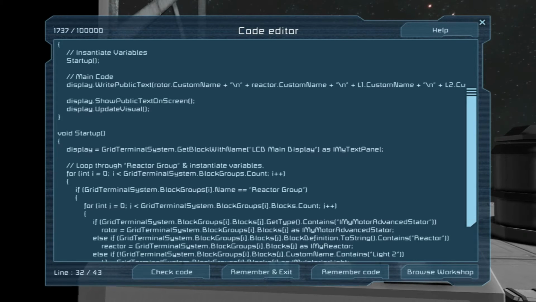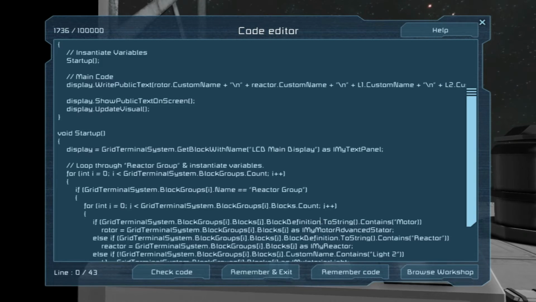Alright, so not doing that. Let's back that up. What about if we just do motor? I wonder if it's the advanced rotor stator thing that I messed up. New line in constant. What? What are you talking about? You talking about game? Alright. So let's change this back, because it's screwing things up.